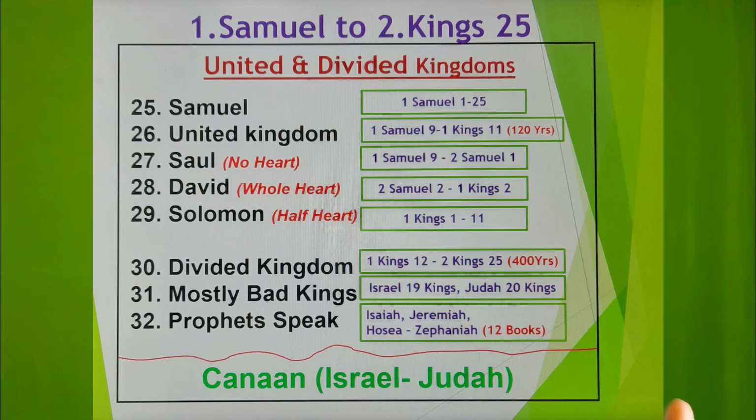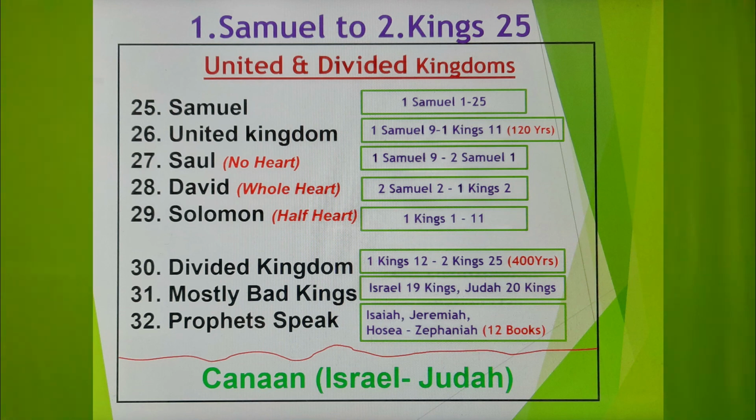And in his name, there are 2 books also, 1st and 2nd Samuel. His story we can read in 1 Samuel, chapters 1 to 25. For your sake, I am giving helpful notes here itself. These are the portions. You can note them down or take them in whatever way you can. 1 Samuel starts with the story of Samuel, how he was born and how he was growing as a boy and how he became the judge of the land. So all the stories are there.